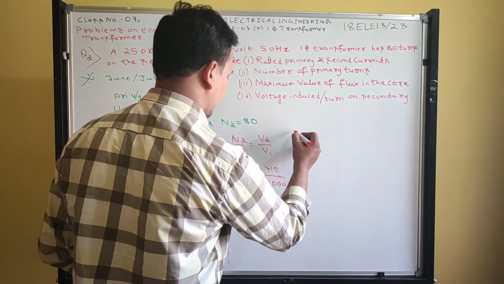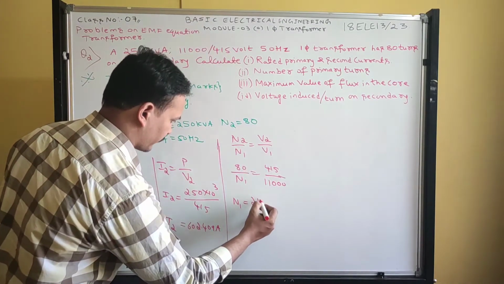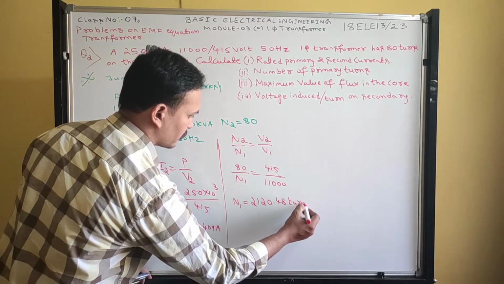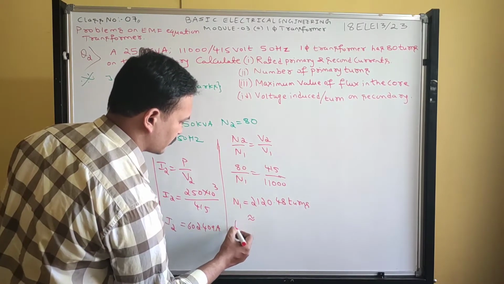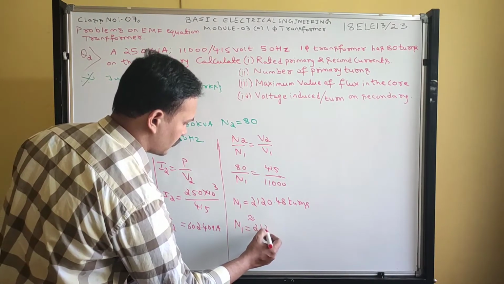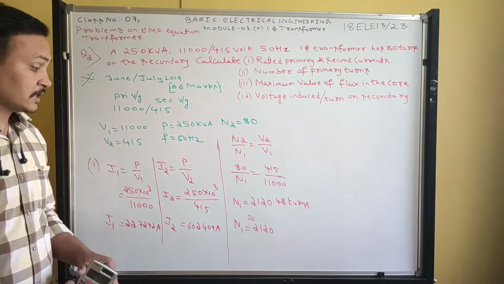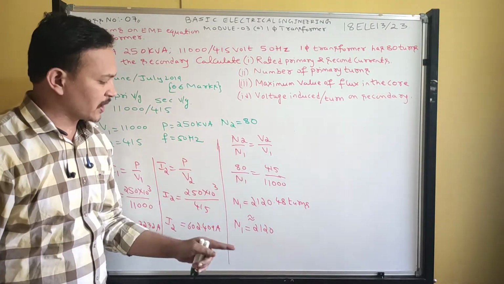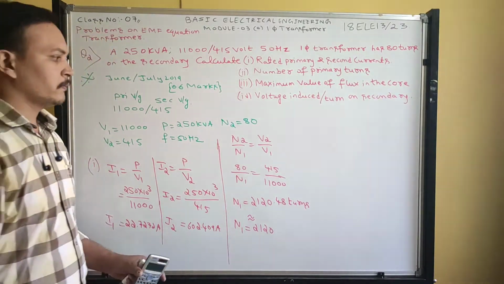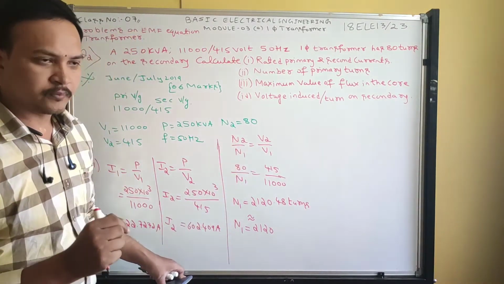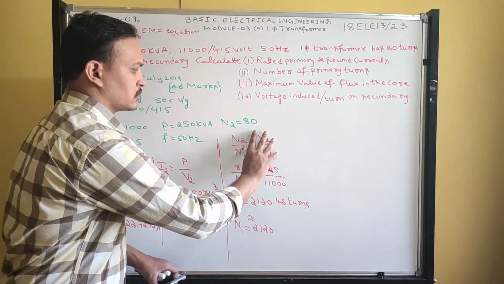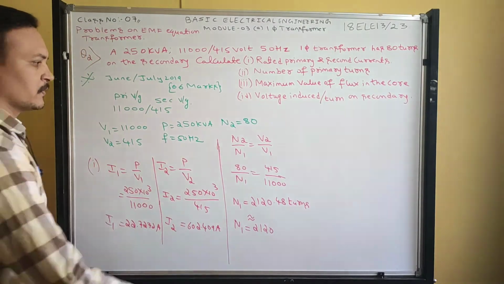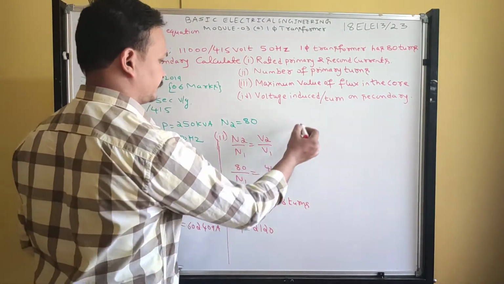We can copy down later. Yes, we got N1 number of turns, 2020.48 turns. You can approximate this number of turns as 2120 turns. This is the number of primary turns. Got it? They gave secondary turns, I calculated primary turns. Another way we can also do: what is V2 by V1? So this we got the K value. From that you can calculate primary turns by knowing the secondary turns. So the second question is also completed.